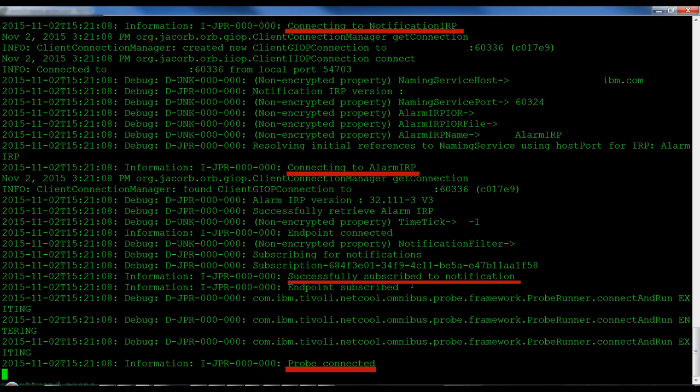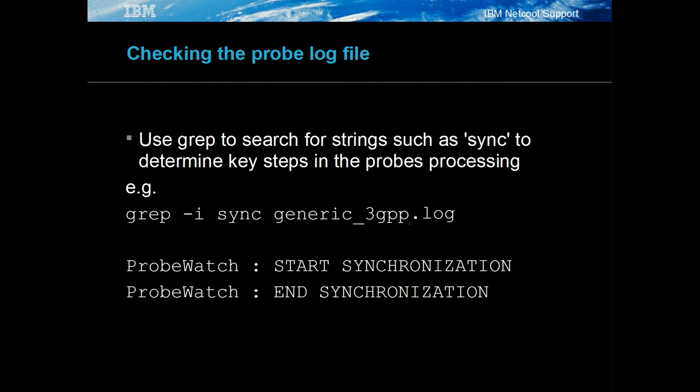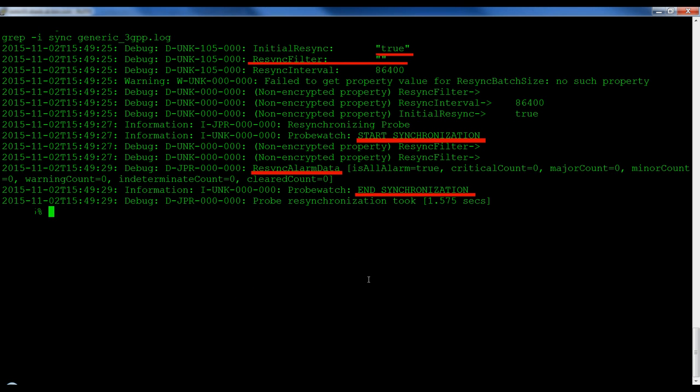The probe connects to the naming service to get the notification and alarm IRPs, performs synchronization if configured, and then subscribes for new events. You can check the log file for keywords, for example, the start and end synchronization messages. In this example, the resynchronization properties are seen, along with the resynchronization summary message, as well as the start and